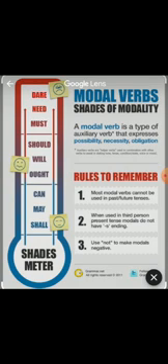Here you can see one shade meter in which we can say can, may, shall have a very polite form. When we go a little bit toward anger, we use should, will, ought. And when there are some modals that we are not allowed to use for somebody, and we are in the angry part, then we have dare, need, must. So this shade meter tells you the different types of modals and how we use them in our daily life.